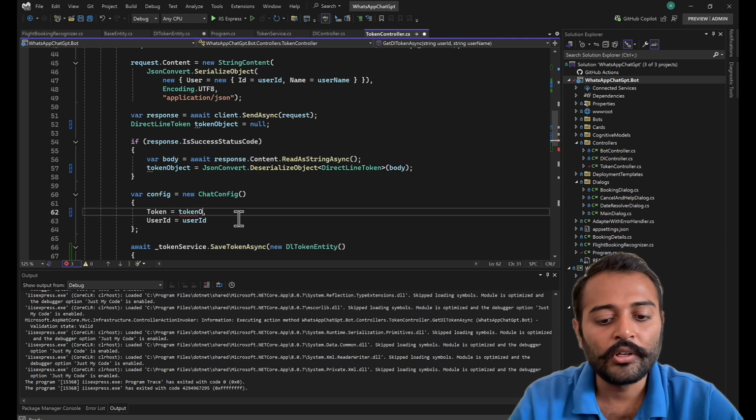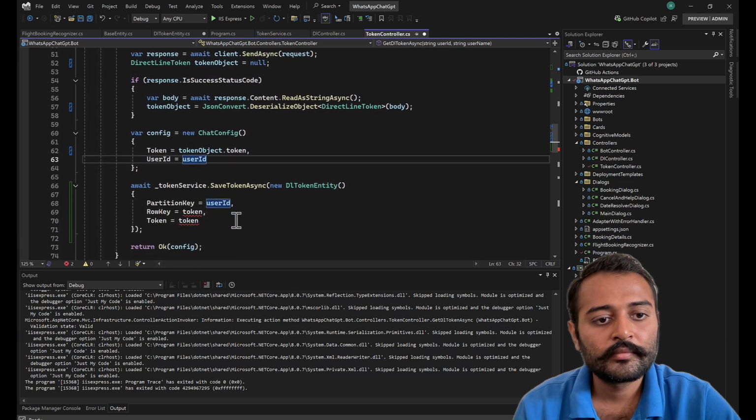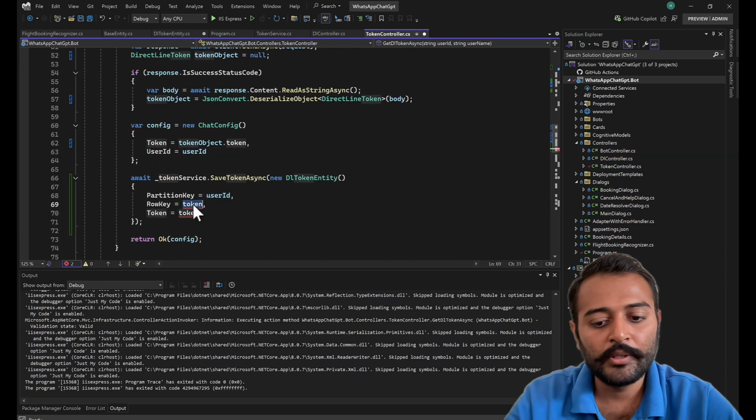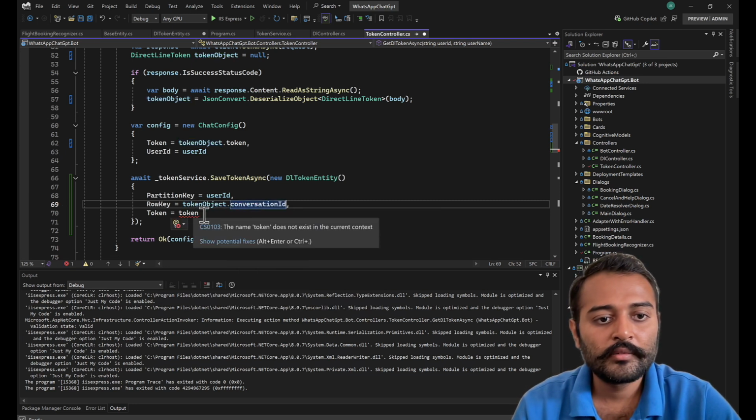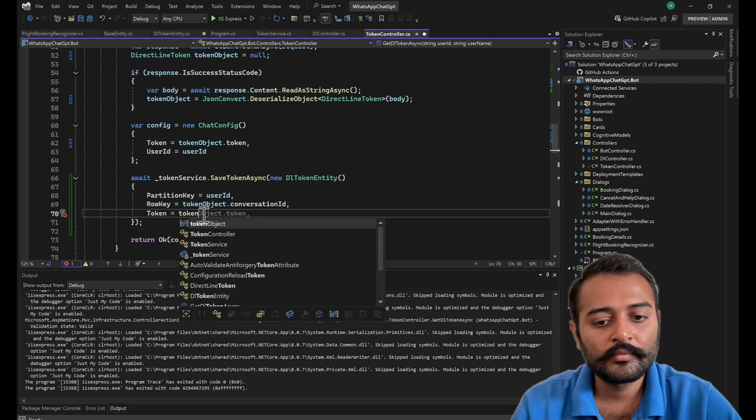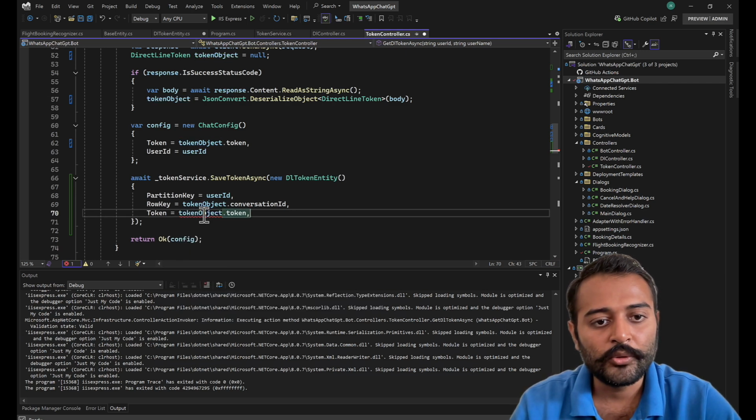This will be token object dot token. And here it will be token object dot conversation ID, token object dot token,